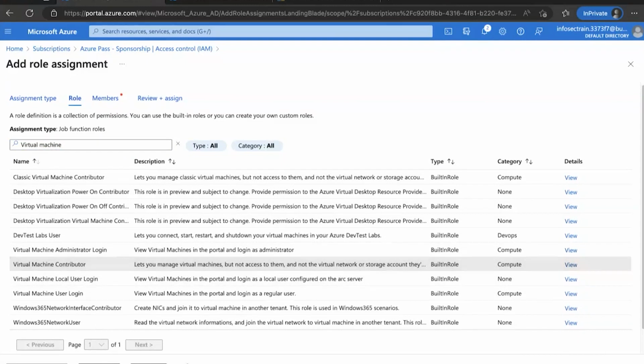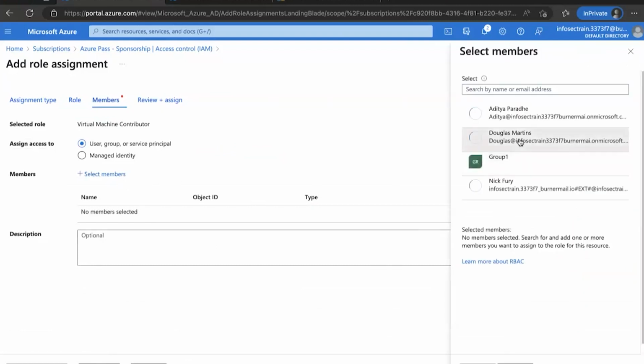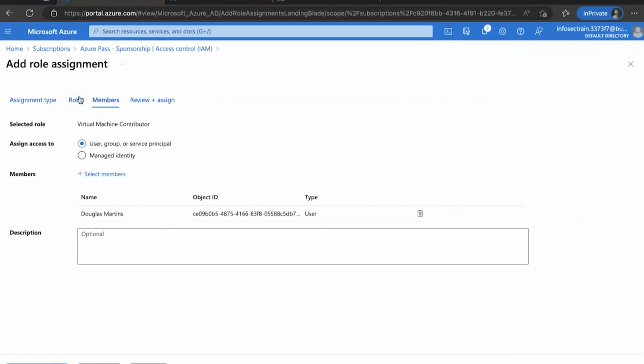If you select this one, go to the next, and assign it to, let's say, Douglas, select this user and assign it. I'm not going to assign it, I'm just telling you that at the subscription level we can apply this role to my user, managing the permissions there itself.